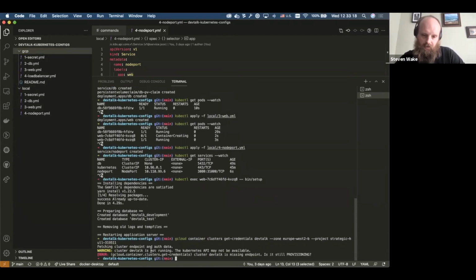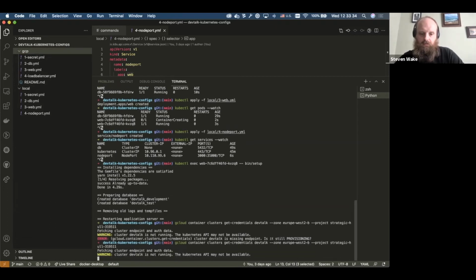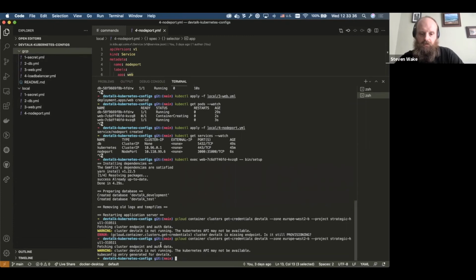It's still provisioning, so just give it a couple of seconds. Google Cloud offers their own command line tool, which is gcloud. I've got this configured because we use it in Stonehaven. There you go, it's done.